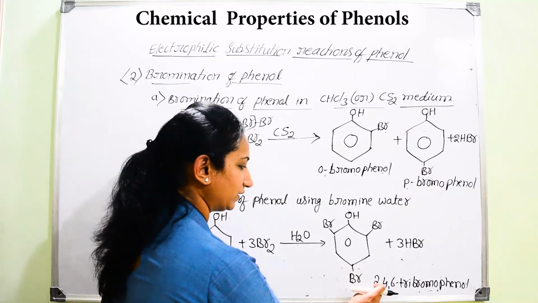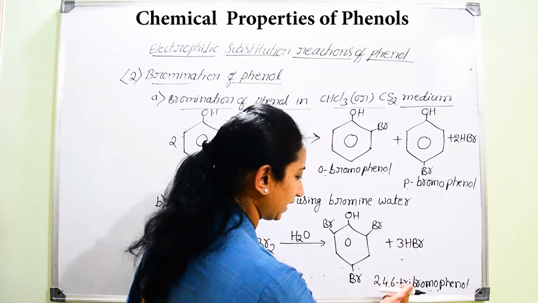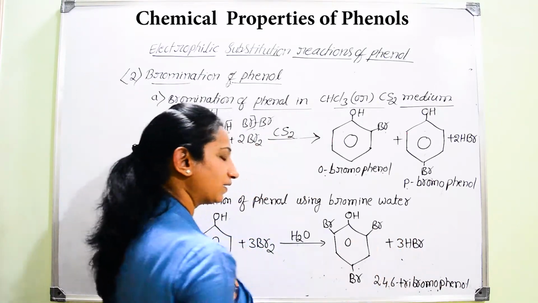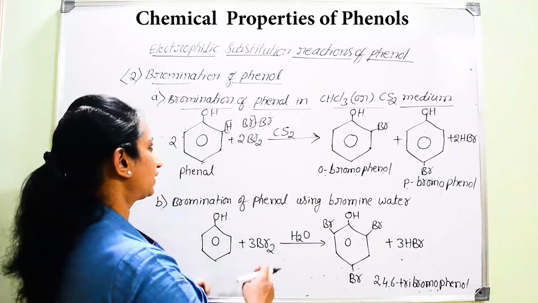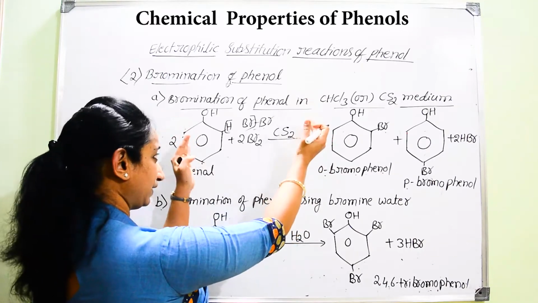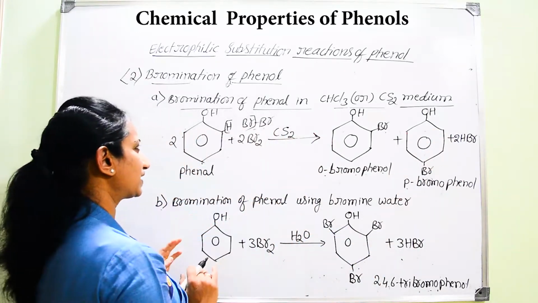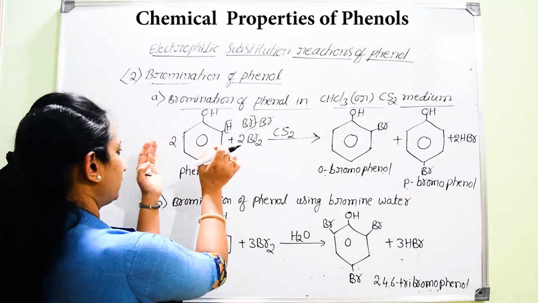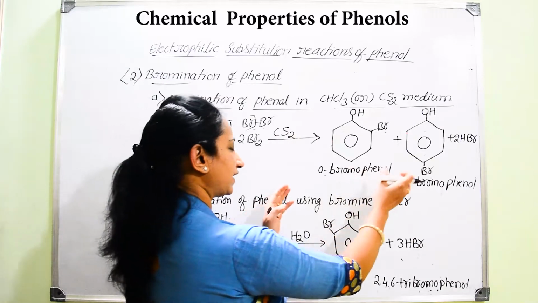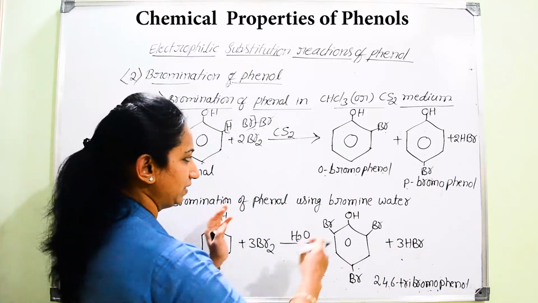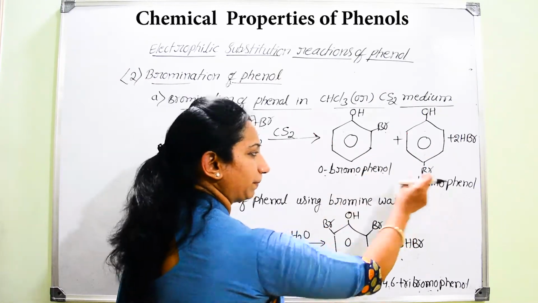Hence you are going to end up with the formation of the main product 2,4,6-tribromophenol. That is how you should be careful regarding the conditions. Whatever conditions they have given on the reagent side and the medium, you have to predict the correct product. In case in the examination they have given phenol and bromine and even mentioned the medium, then they are expecting you to write the product, fill up the blank. Then you are supposed to write two types of main products, orthobromophenol and para-bromophenol.